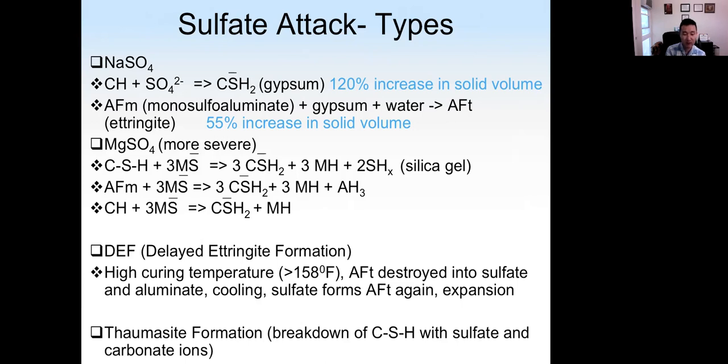So if the sulfate is in the form of magnesium sulfate, then CSH can be attacked. Okay, so CSH plus magnesium sulfate, CSH will become gypsum plus magnesium hydroxide plus silica gel. So CSH will lose its strength. Okay, and some other type of chemical reaction. So if the sulfate is in the form of magnesium sulfate, it will be more severe because